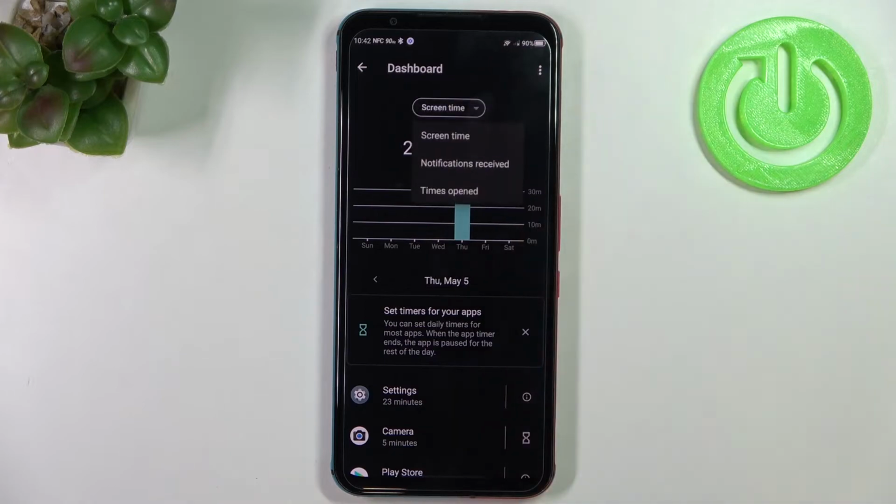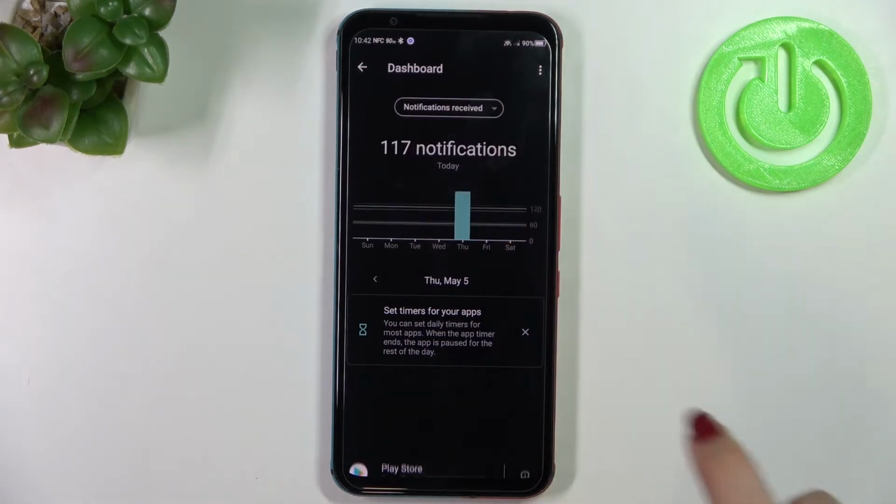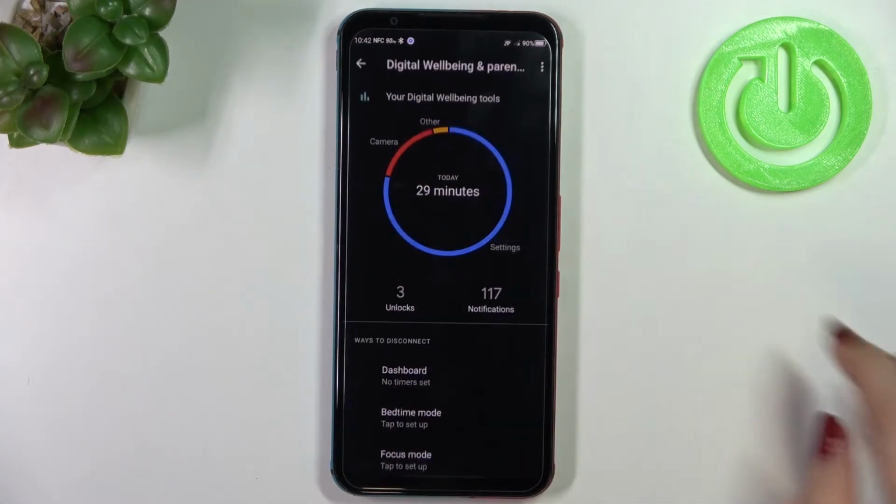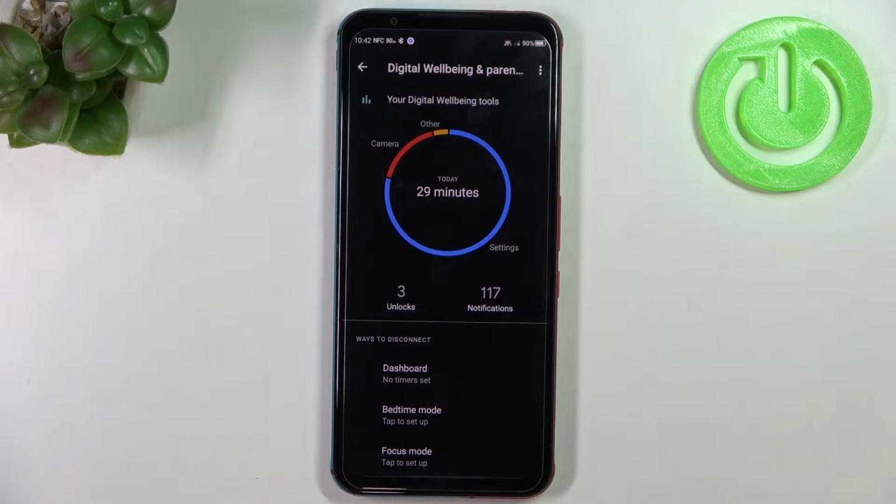What's more, here you can change the screen time to the notifications received and times opened, so the dashboard will be changed slightly. So that was the first way of checking some info, and the second way is